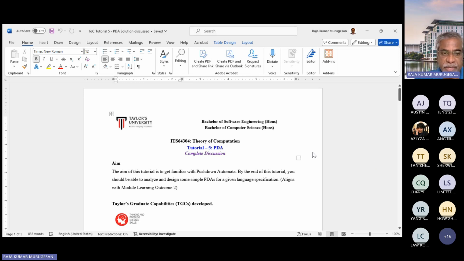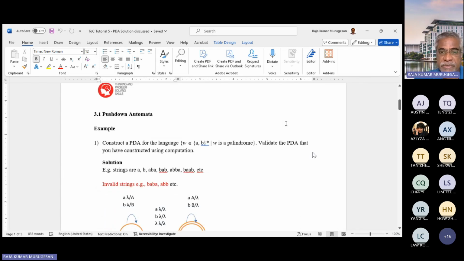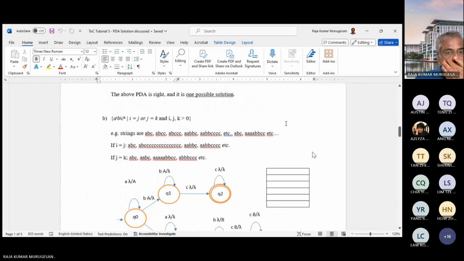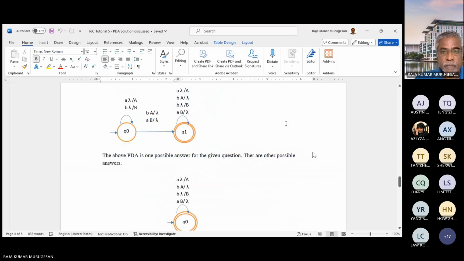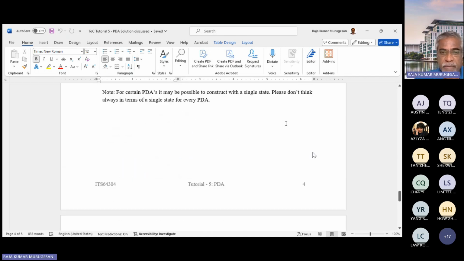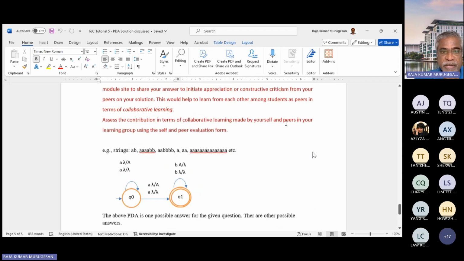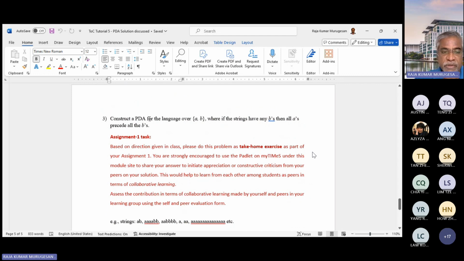So I just want to clarify a few things based on the discussion we were having towards the end of the class or after the class as well. So this is the PDA. Let us go to the last one. Question number 3 says construct a PDA for the language over A, B, where if the strings